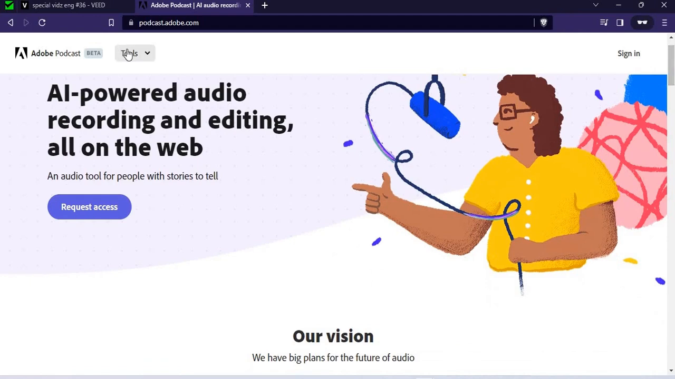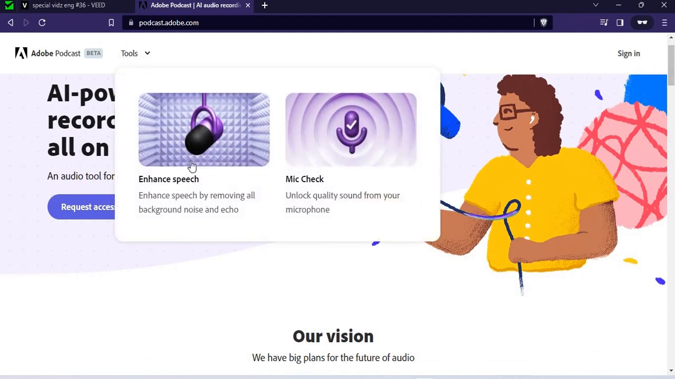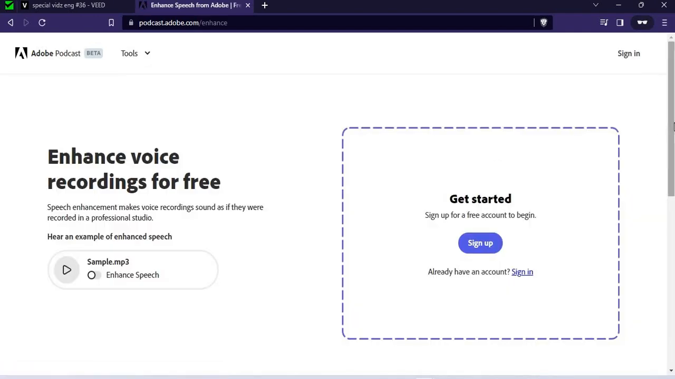And when you go to the website, you'll have tools, and in the tools you can actually go to a tool called Enhance Speech. And when you go to the Enhance Speech tool, it looks like a simple web page just like that, but it's a very, very, very powerful thing, because this tool can actually make things so simple